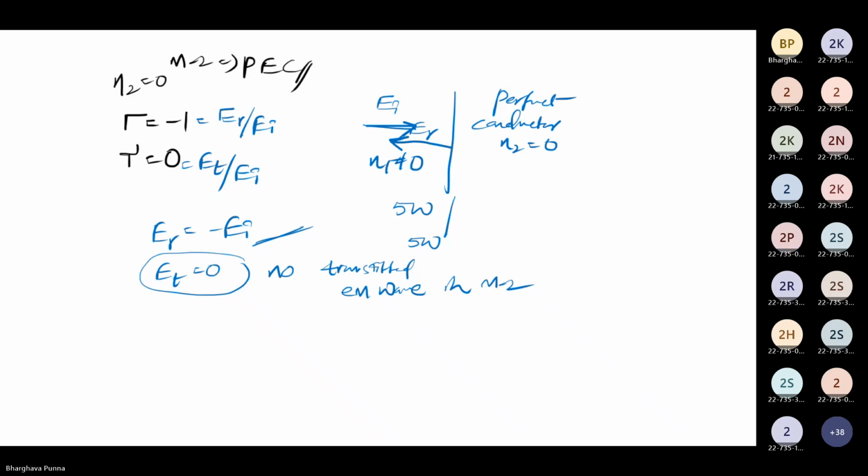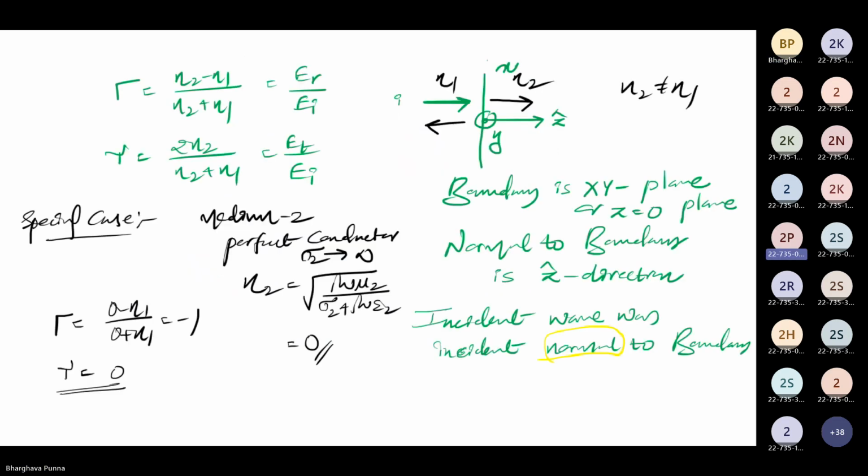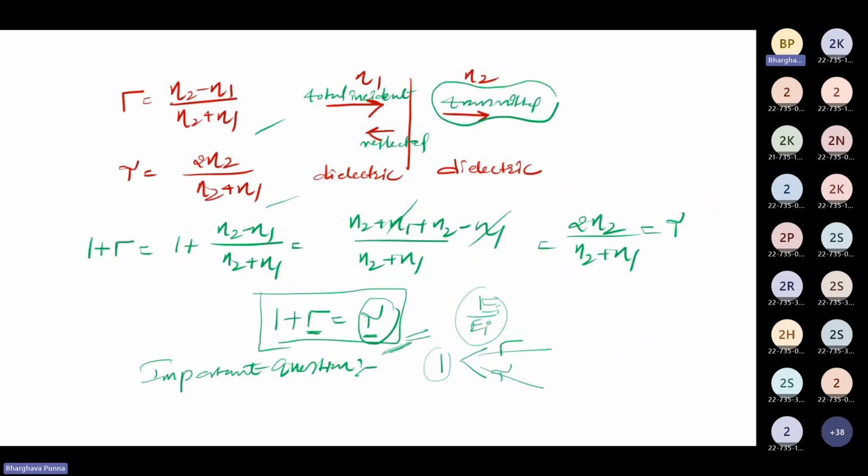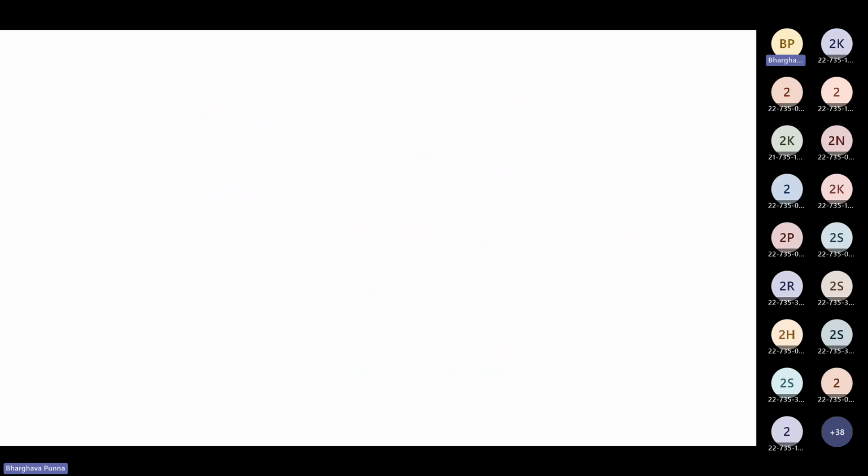No, sir. Okay. Remaining, is everything okay for all the people? Sir, one question. Tell me. Sir, does the EMF always hit the boundary at a right angle only, or can it hit at any other angle? No, no, no. It is only a special case of normal incidence. Next, we are going to see oblique incidence. In oblique incidence, the electromagnetic wave will be incident obliquely, that means by making a certain angle to the